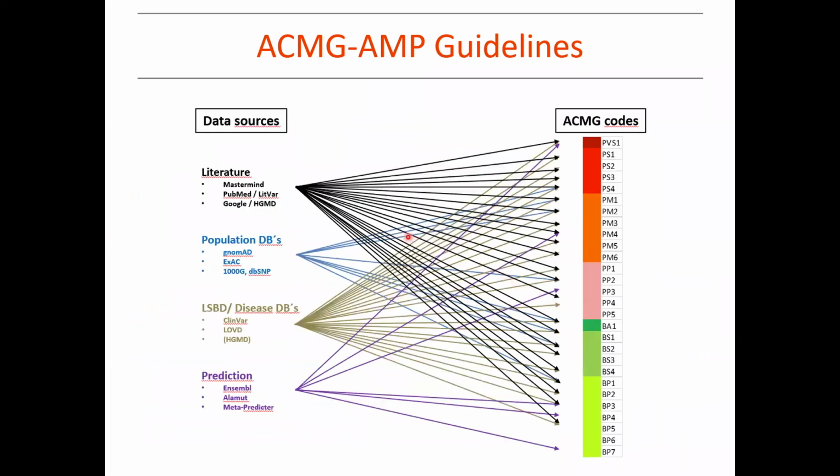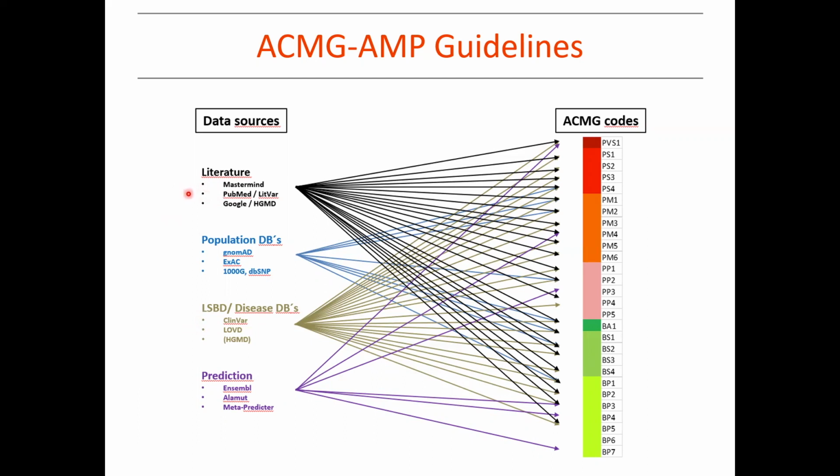So in this graphic, I aimed to see these evidence codes from a molecular biologist's point of view and try to display the sources where the evidence comes from. So to say, where to look for the evidence. And it will probably not surprise you to learn that you can extract almost, if not all, ACMG relevant information from the literature. Eventually, information from the literature ends up in databases, but the literature is always the